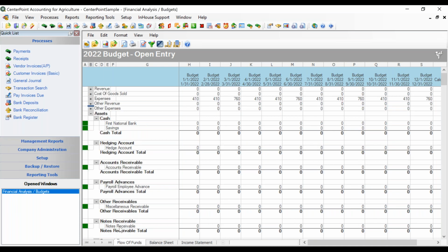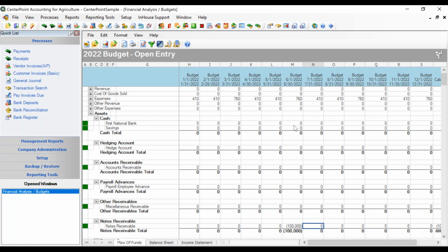Okay, so I'm going to go ahead and do that. We're going to go to June, just like we did on the other one. And we're going to enter in, not a positive $100,000. We wanted a minus 100,000. Okay, and I'm going to just tab off of that field, and it's going to go ahead and enter in that minus 100,000. Well, since I'm not using journal entry offset to cash, it did not affect my cash account